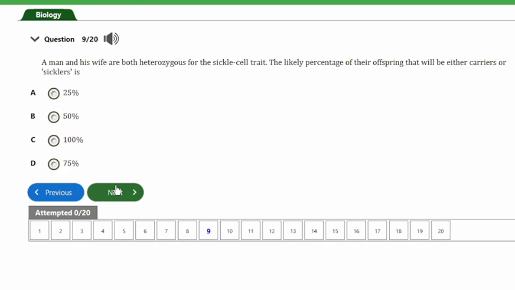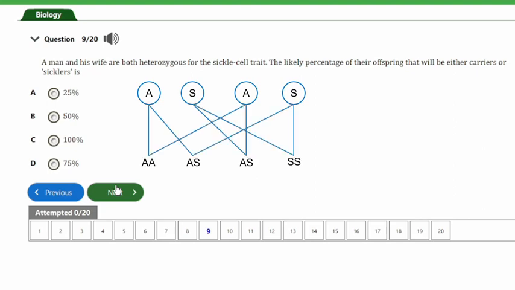and D, 75%. So guys, again, if we make a cross here, we'll have heterozygous sickle. So let's indicate this as. So guys, looking at this, we'll see here that we'll have 1:2:1 here genotypically. So this is the genotypic ratio here. So this entails that you have 2 carriers here, and then you have 1 sickler here against this 1 which